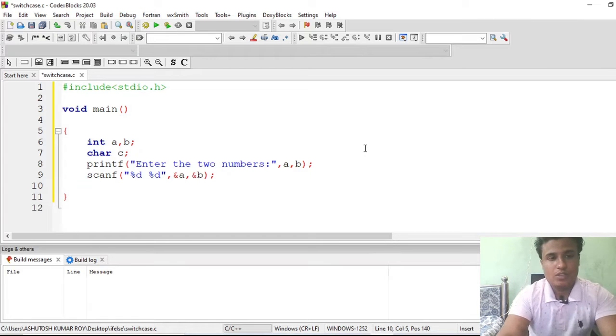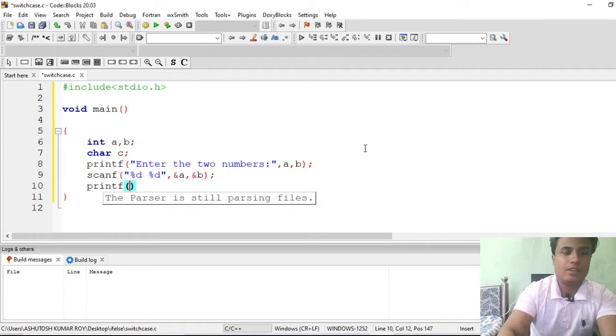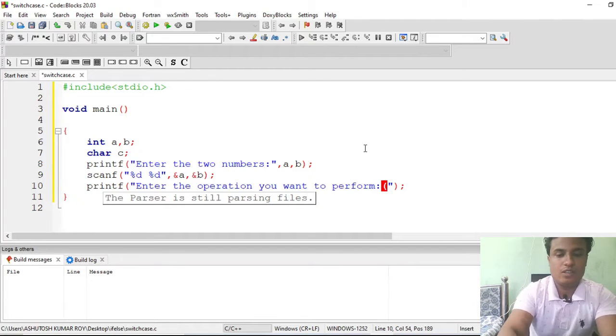Okay, moving on. Now we will take the choice from the user. printf, print the message: enter the operation you want to perform. Choose among these options. Let the user choose.